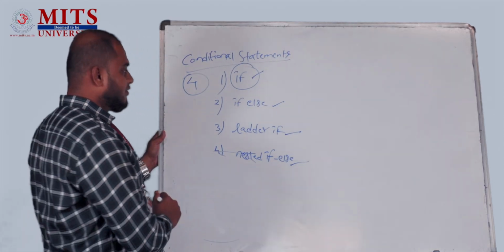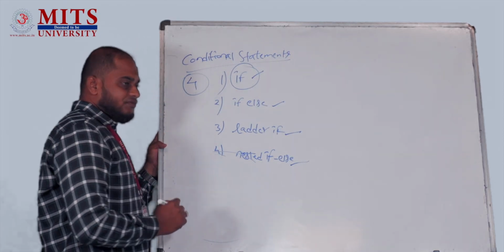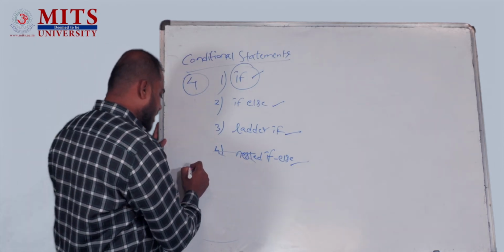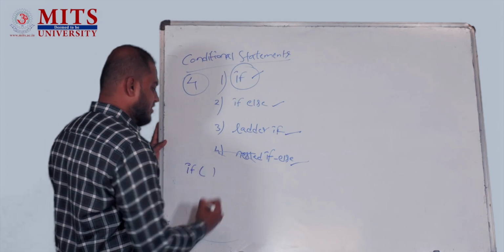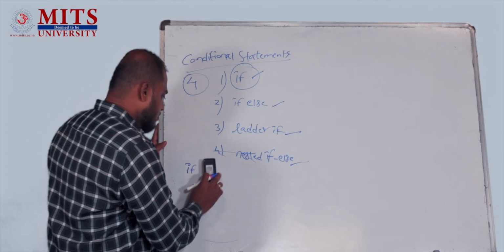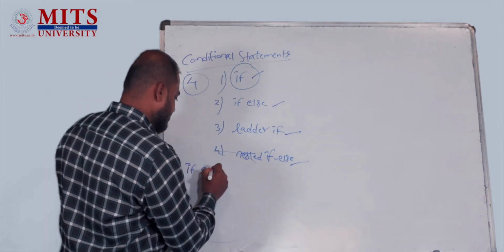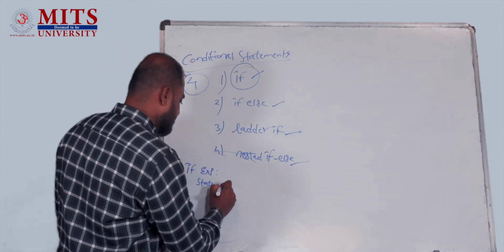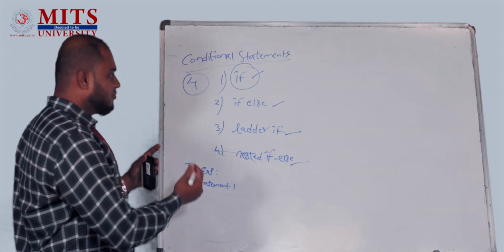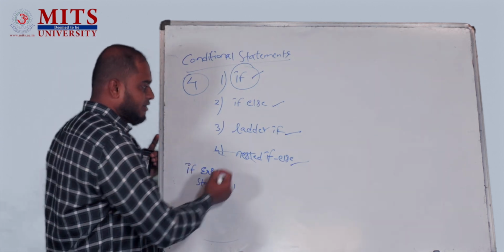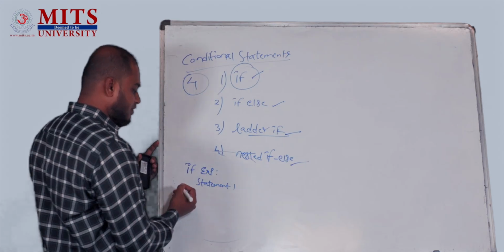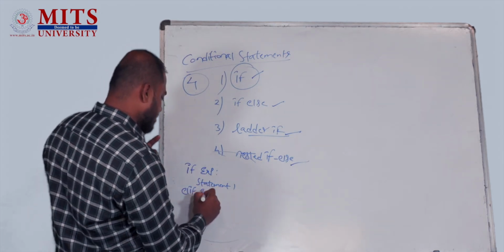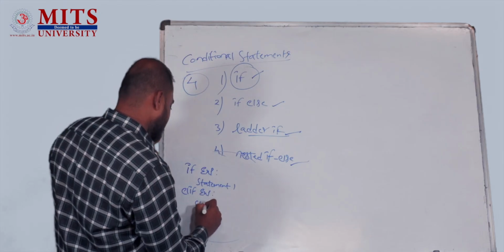So coming to the third one, that is called ladder if. In if else we had only two blocks, either the true block or the false block. The ladder if syntax will be like this. If condition, that is called an expression, followed by indentation, then statement 1. Normally in if else, after if we will have else, but in ladder if, after if we will have one more keyword called elif. Elif followed by expression, then statement 2,